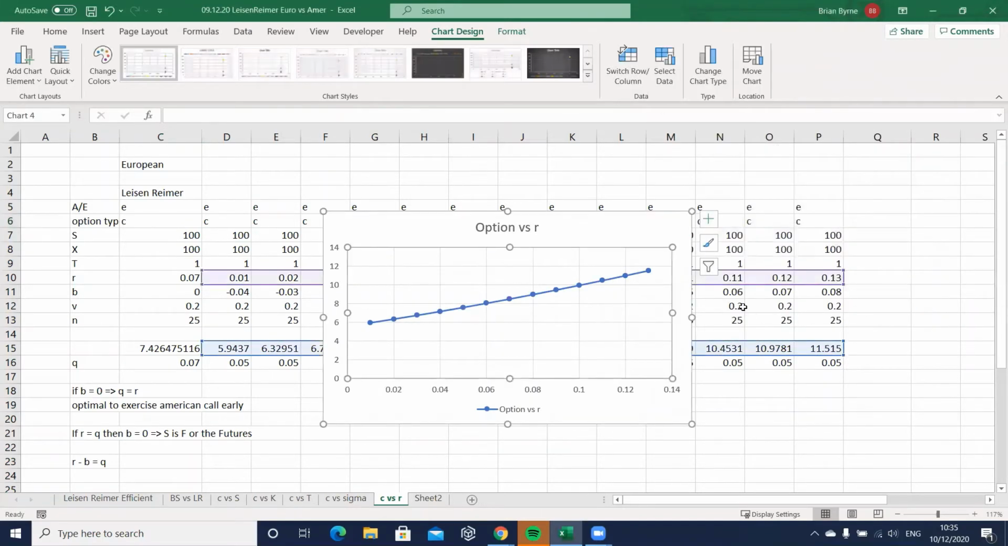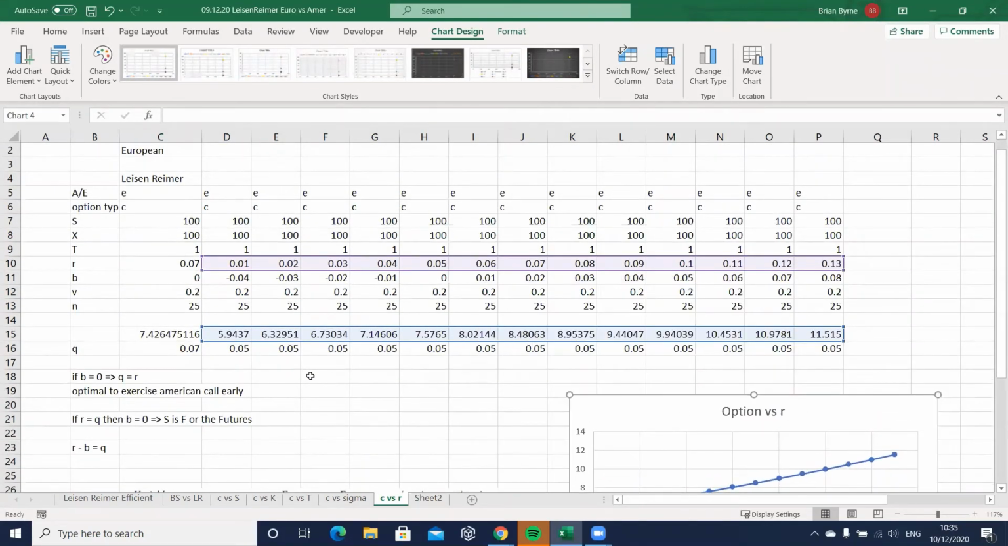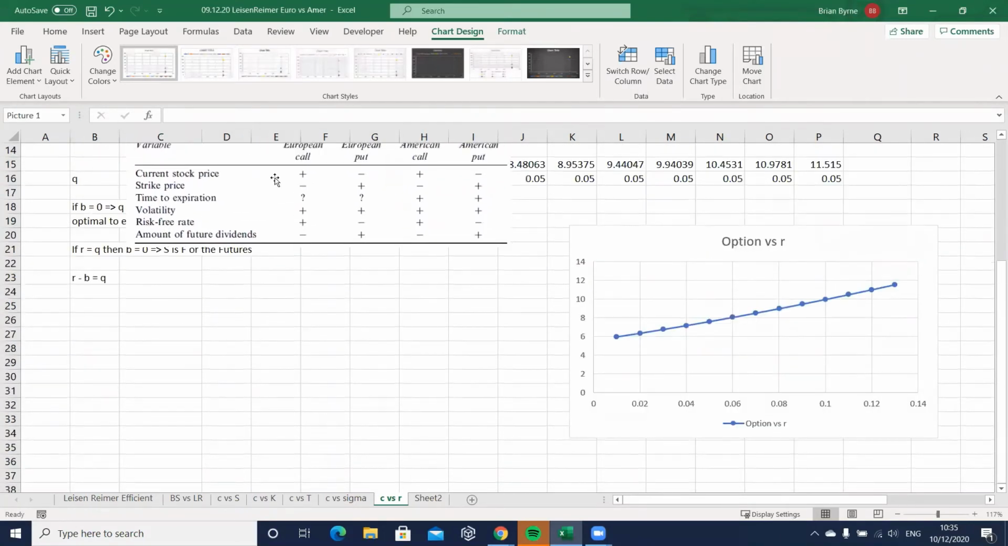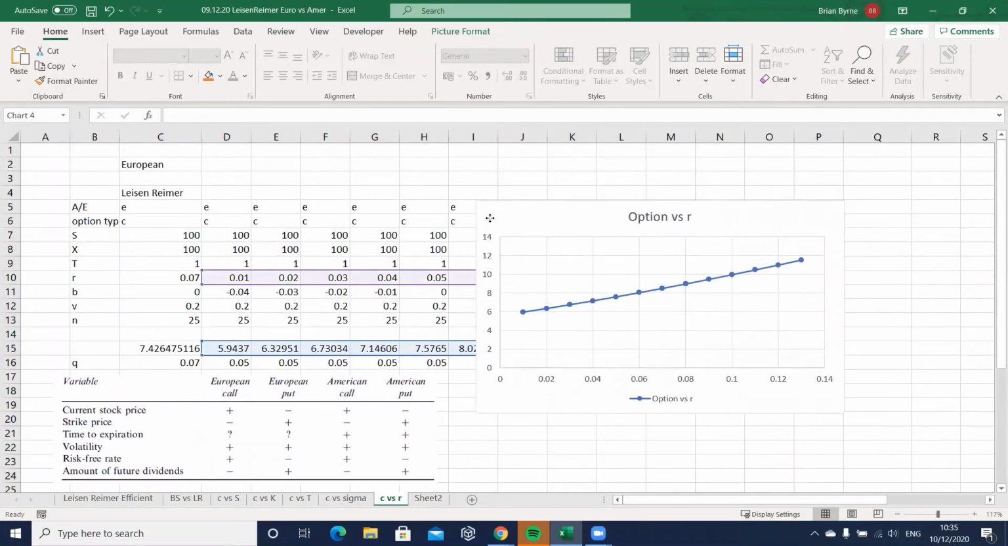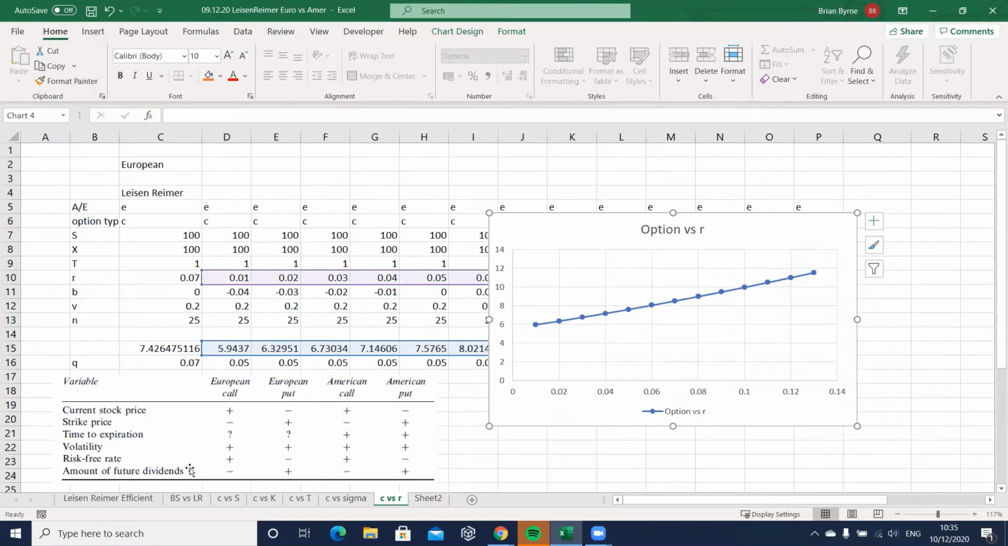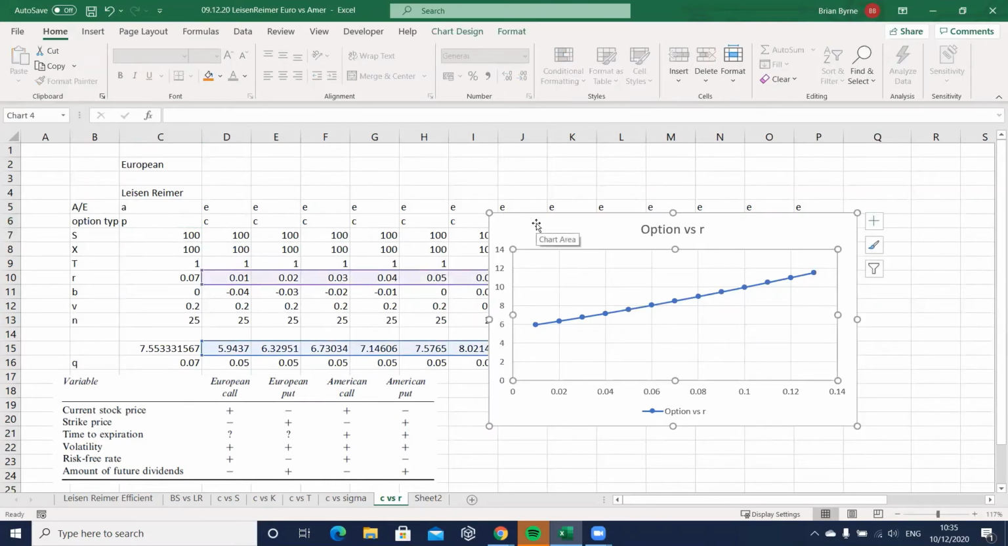Okay, and what do we observe in this graph? As we increase the interest rate, does the value of the call option go up? It does. Is that true for the American option? Okay, let's try the American option A. Right, it's true for the American option. What about if it's a put? For the put. Okay,